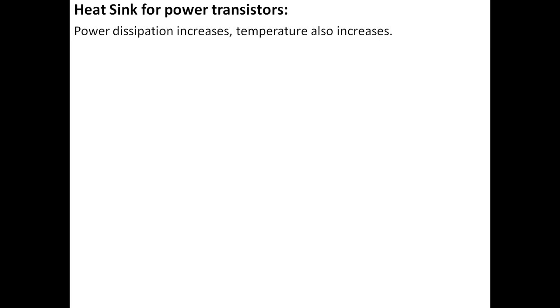Whenever the power dissipation increases in the transistors, if you are not using any heatsink, the temperature in the circuit also increases. As a result, if you are not doing any compensation technique for the excess power dissipation, the circuit is going to be damaged. To avoid this damage to the circuitry, we need to go for a heatsink.